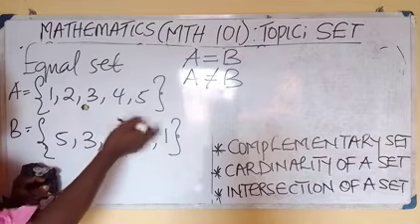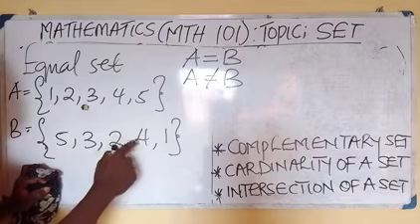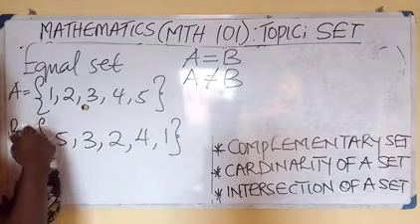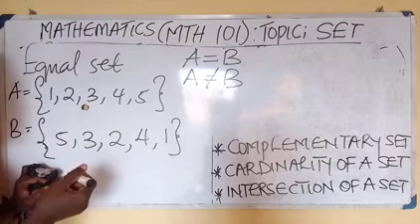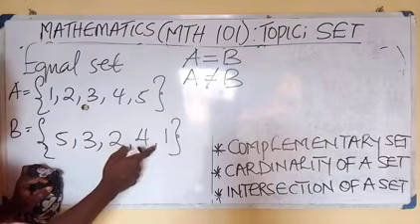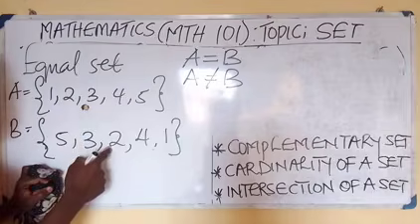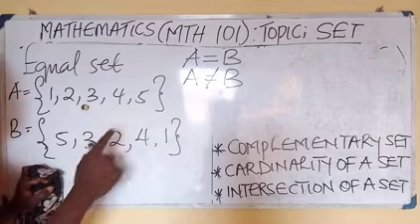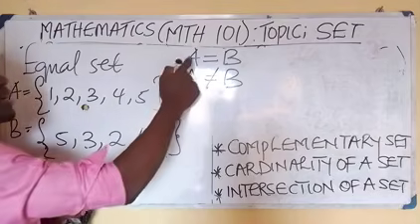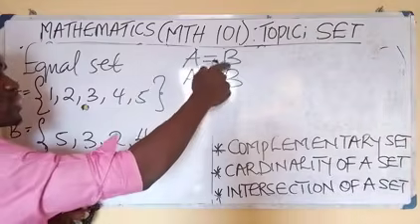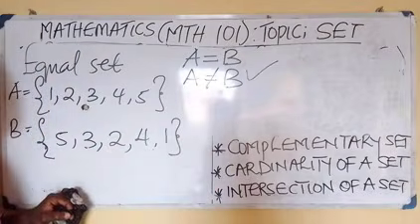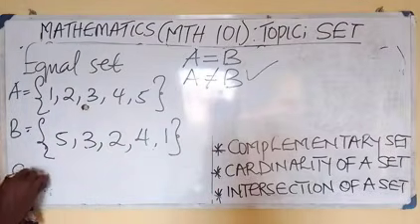1, 2, 3, 4, 5. 5, 3, 2, 4, 1. Equal sets, because the two sets have the same elements. 1, 1. Good. 2, 2. 3, 3. 4, 4. 5, 5. It therefore means that set A is equal to set B. But if I was having something like this,